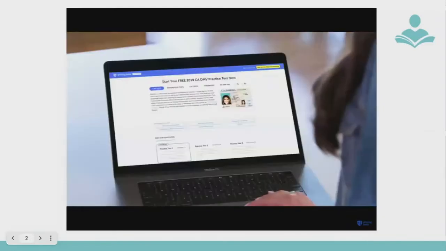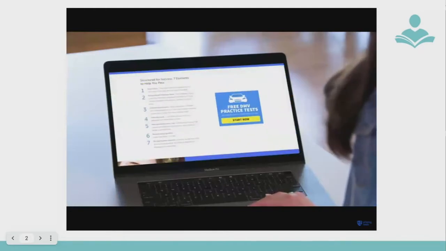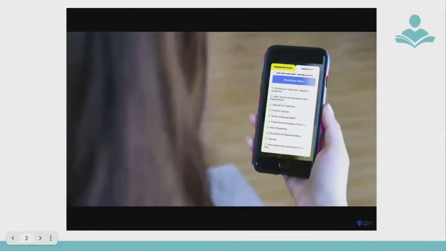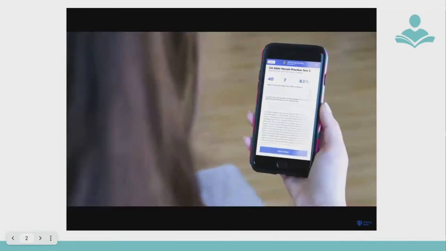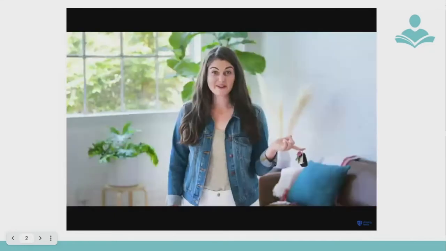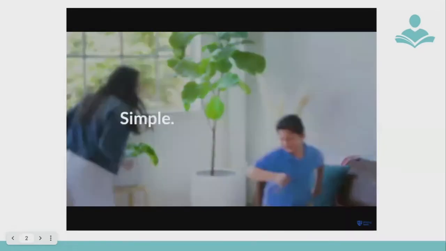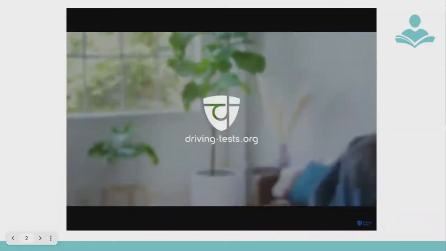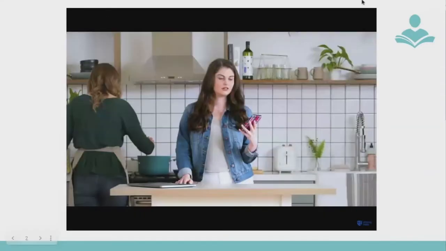Each test is tailored to any state you choose, and the questions are always up to date with the DMV's latest regulations and rules. Plus, drivingtests.org supports all license types, like commercial drivers and motorcycle licenses. Drivingtests.org even has a premium program that guarantees you'll pass your exam after you've completed all of their practice tests. So you'll be on the road before you know it. Dad,